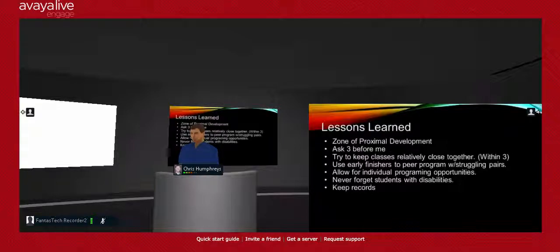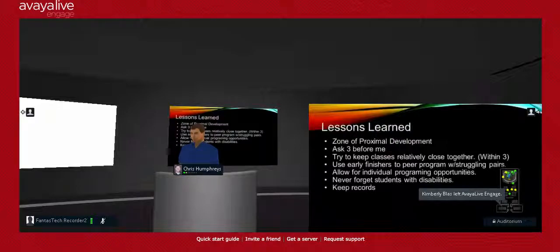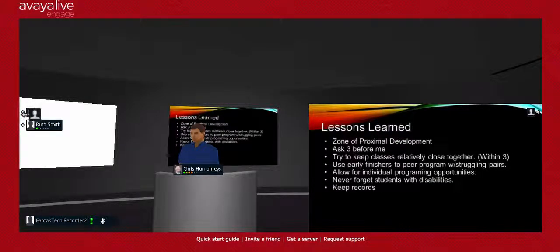They can talk to their partner. They can talk to the next partner closer to them, or they can go out and ask somebody to come over, which they have to be nice to do. Trying to keep the classes relatively close together. My hope for this was to start all the classes and do one stage per week, so to speak, and be able to talk about what they're doing, the problems they're running into, things like that. But it didn't work out, and now I'm finding that there's